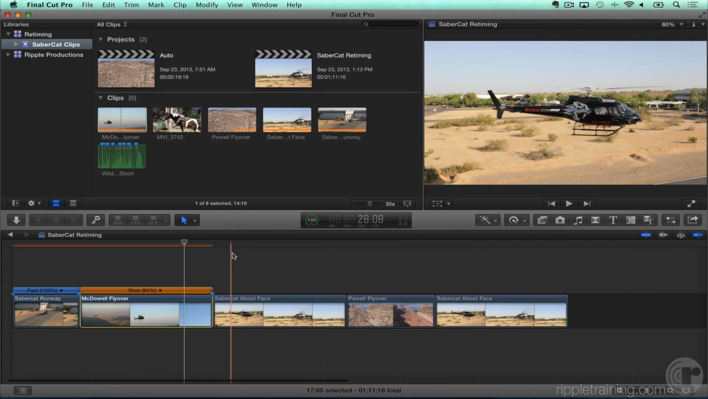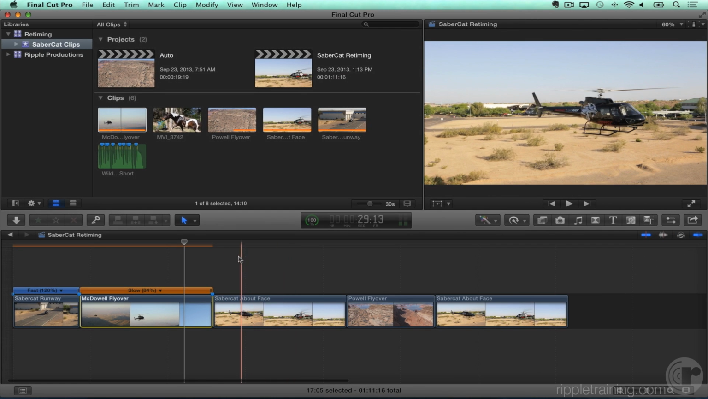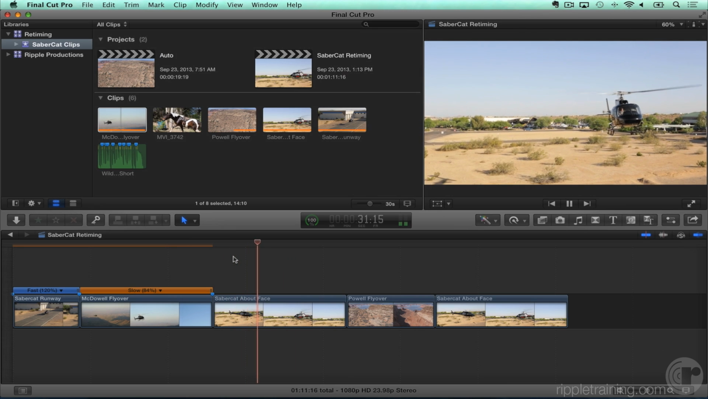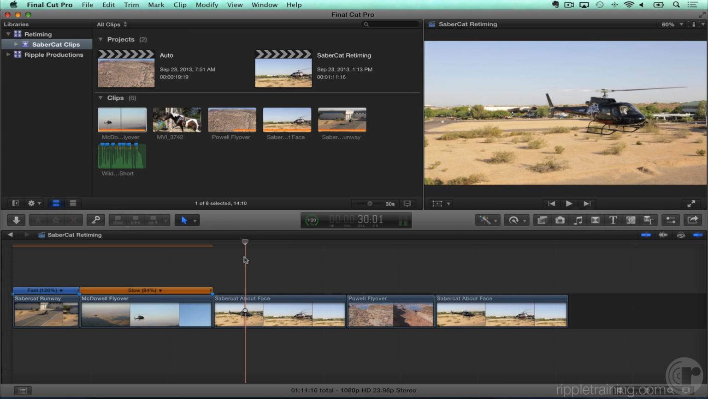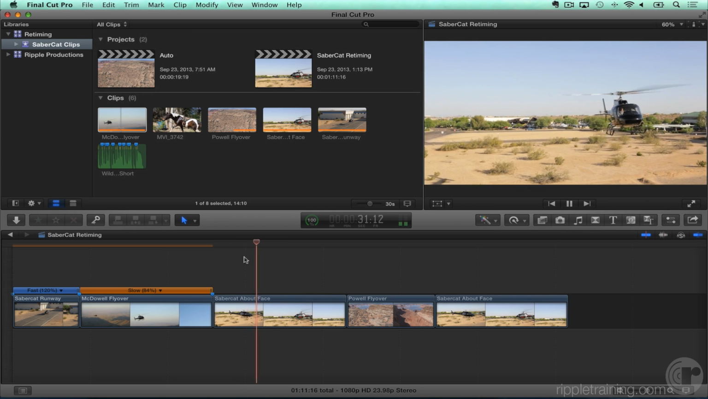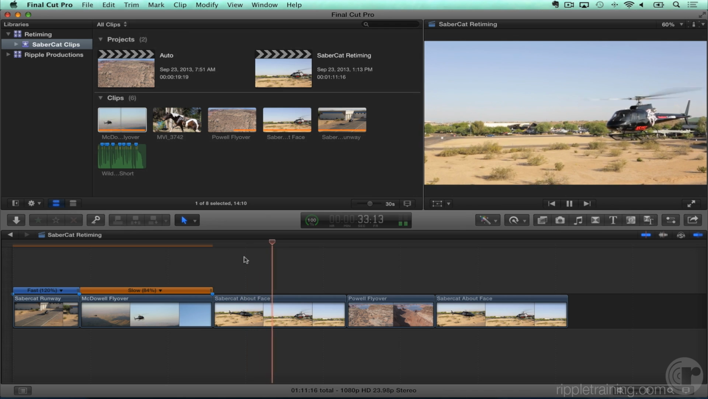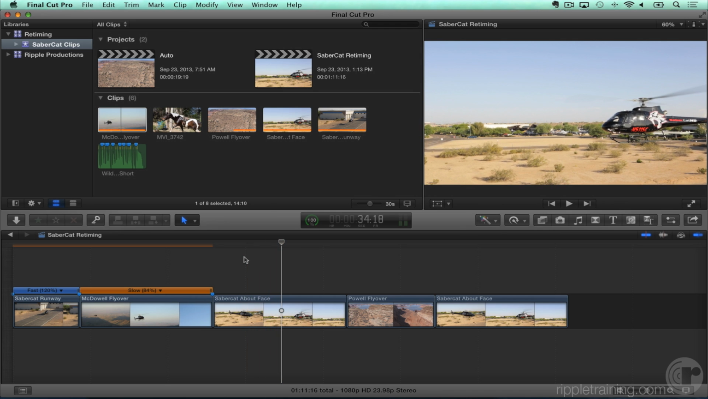What I'm going to do is skim. I've got this shot of this helicopter. I'm just going to play it. It's at 100%. The helicopter is kind of doing an about face. So this is like real time? It's real time, 100%. And it's just taking a long time to get all the way around. This is a perfect candidate for retiming